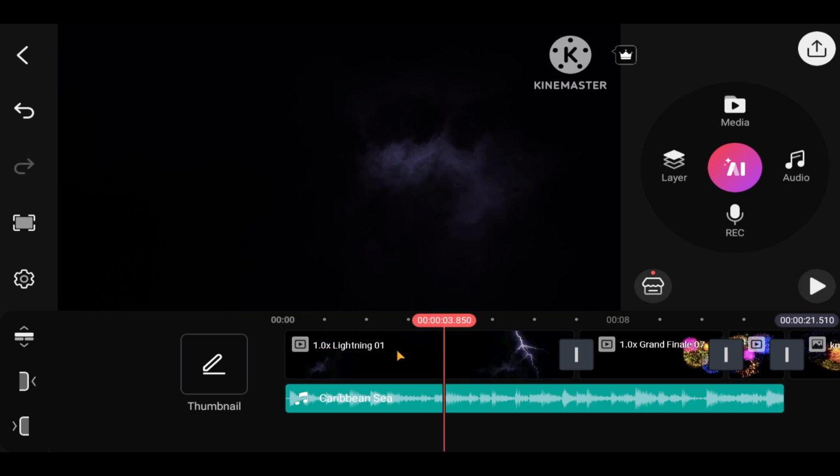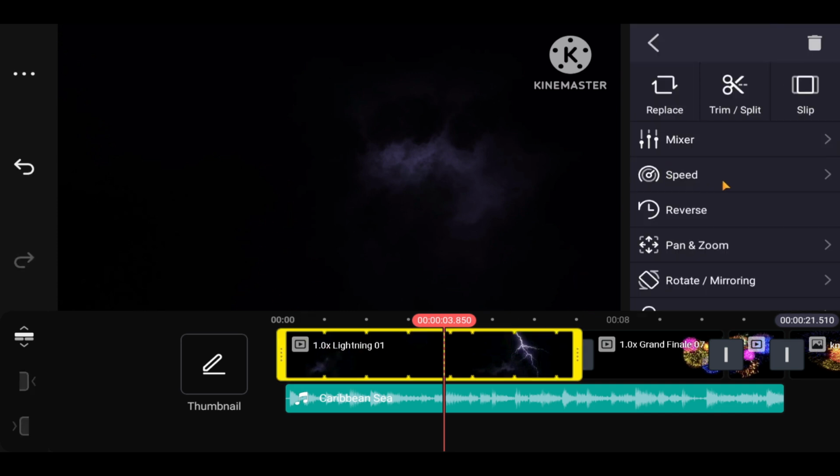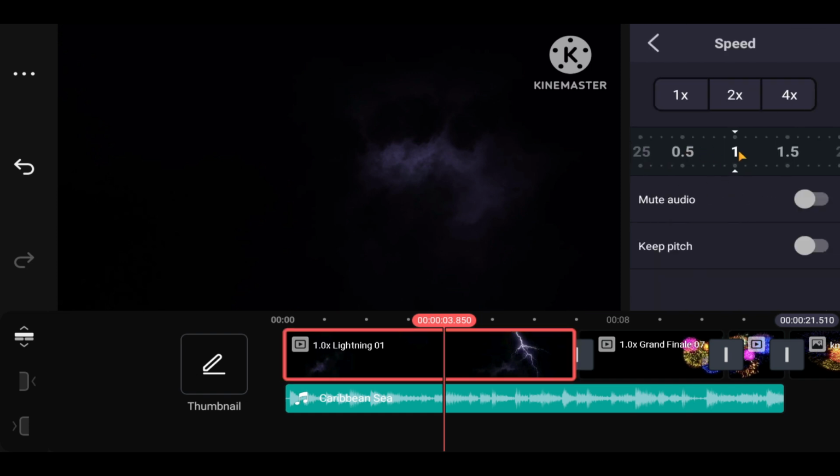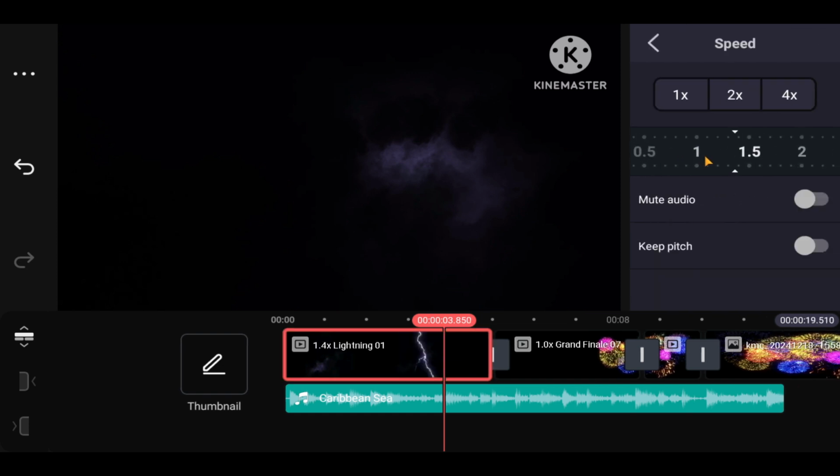Now, after adding your videos, if you wish to speed up or fast forward your video, just tap on the video that you want to speed up. You will now see the speed settings at the top. Go ahead and tap on it, and now you can use the slider in order to manually define your speed,